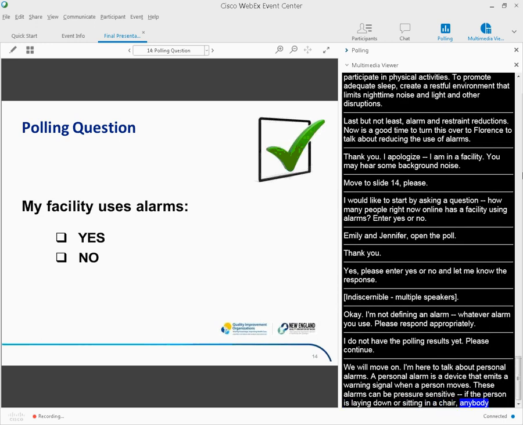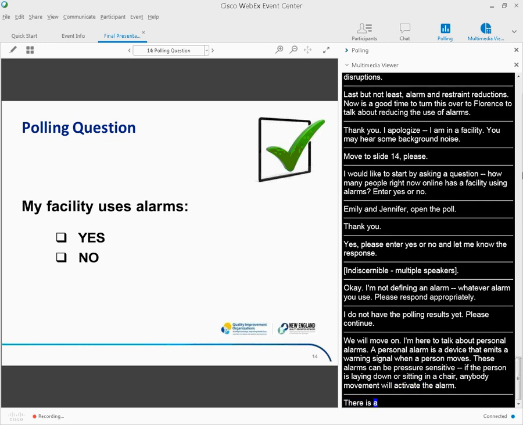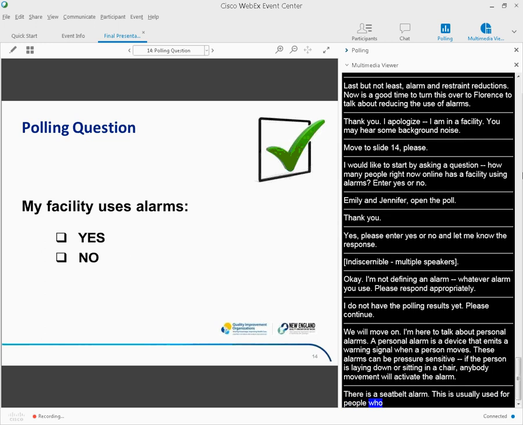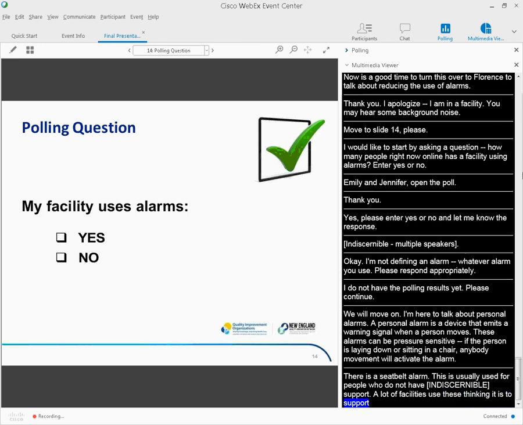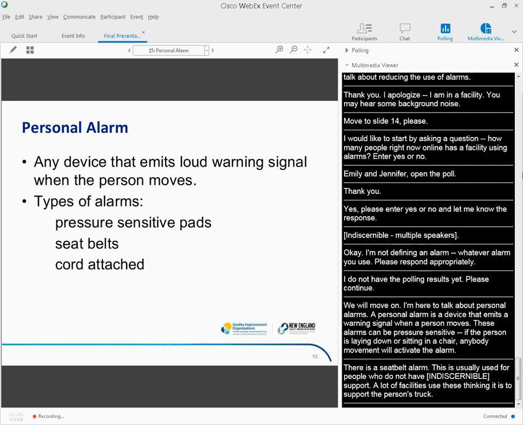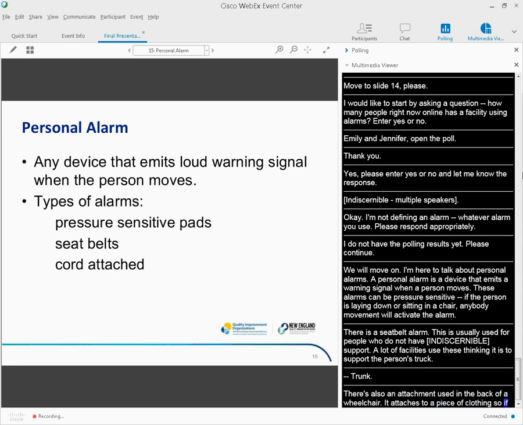There's also a seatbelt alarm, and this is usually used for people who don't have quote-unquote trunk support. And a lot of facilities use these thinking that it's to be able to support the person's trunk. And there's also the cord attachment, which is usually used in the back of someone's wheelchair, and it attaches to a piece of clothing so that if they move or make any jerky movement at all, this will set off